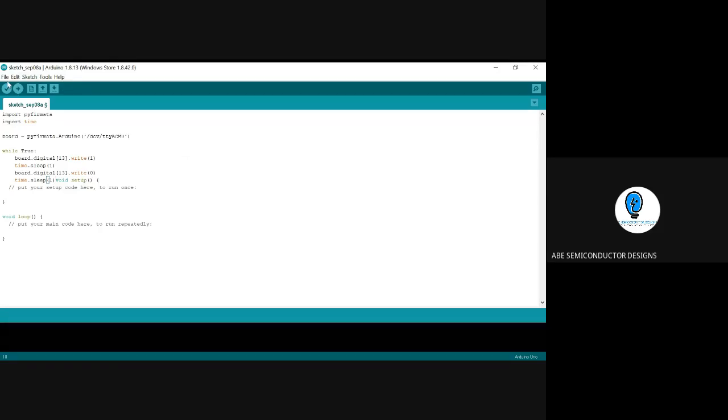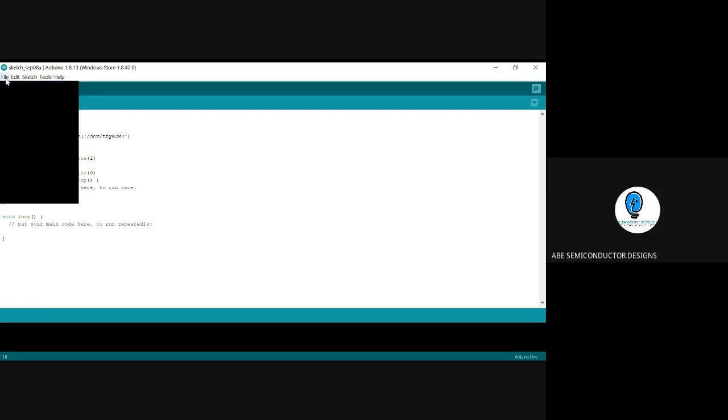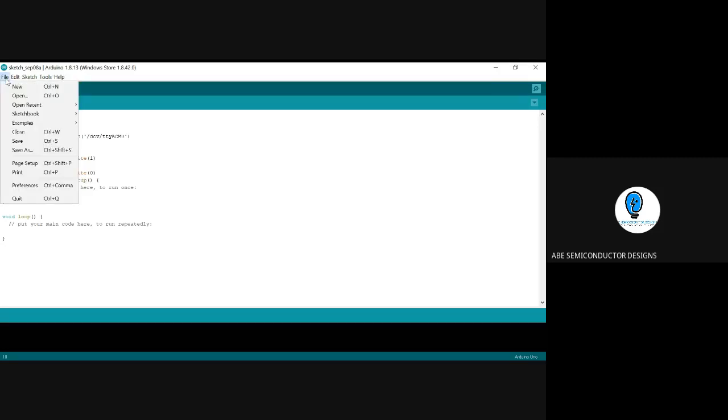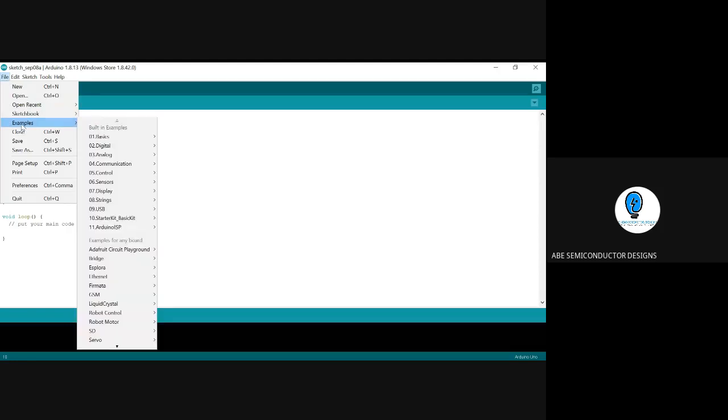So here is the code. You would have seen this. It can be downloaded from the internet for Windows and you can install it. You can see a file, please make note of that. And you can go to examples over here. There is a protocol called Firmata, right? Firmata is something which is utilized for your Python. So Python is integrated with this kind of application, so you can utilize it with the help of Firmata.